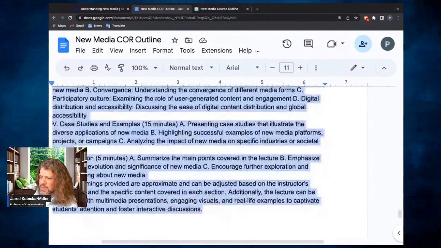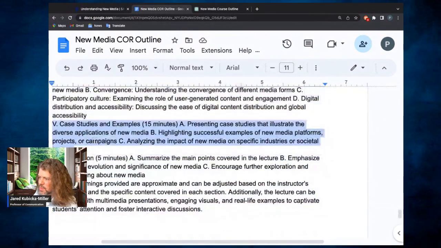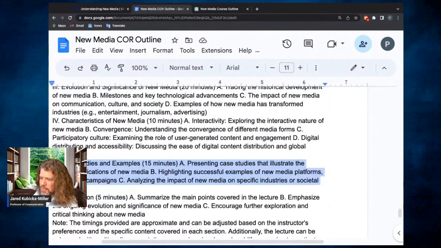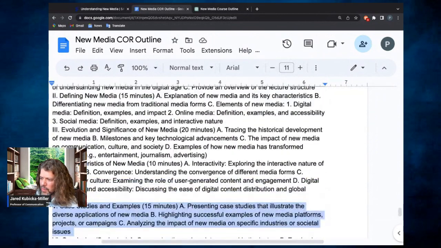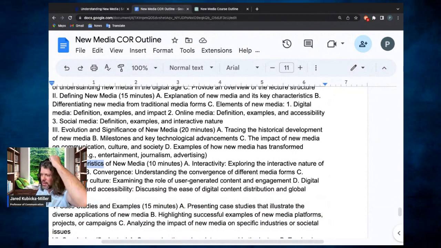Case studies and examples. I might just get rid of the case studies and examples. Those could be gotten rid of. I wonder about characteristics versus elements. Okay. I'll look at that a little bit more.